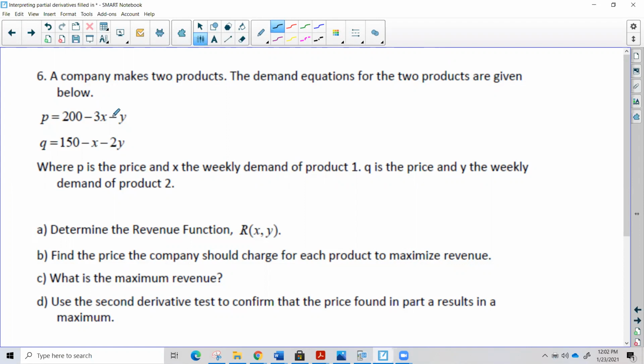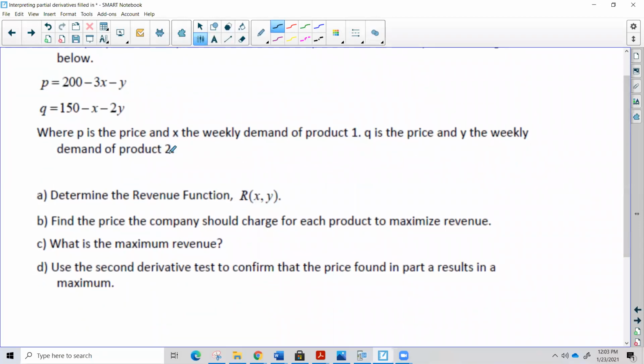So in this video, we are going to look at one more example where we're going to talk more about revenue than profit. A company makes two products. The demand equations for the two products are given below, a P equation and an X equation, where P is the price and X the weekly demand of product one, and Q is the price and Y the weekly demand of product two. Okay, so when we do revenue, the R of XY for this,